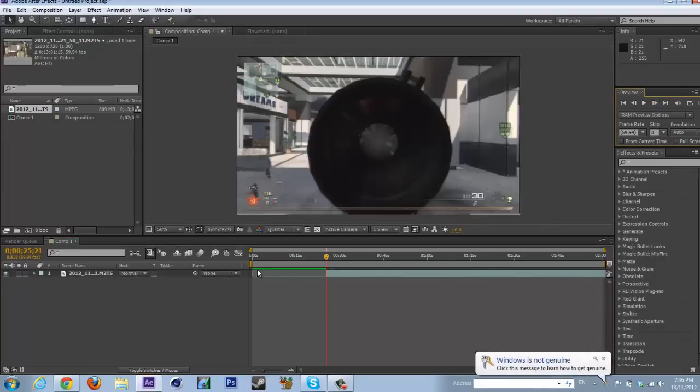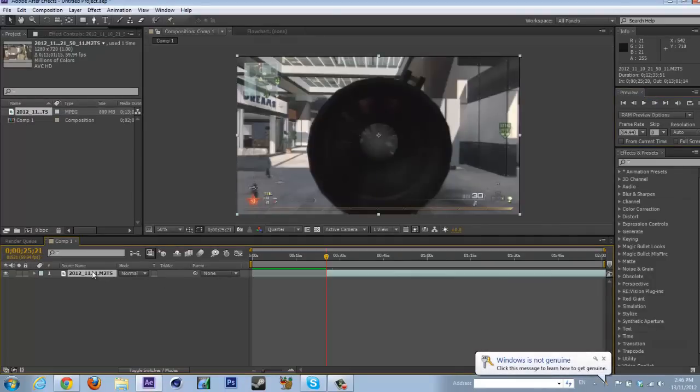So that's how you split layers, clip layers. You can do it like that. There's a number of other ways you can do it. Alrighty, some quick